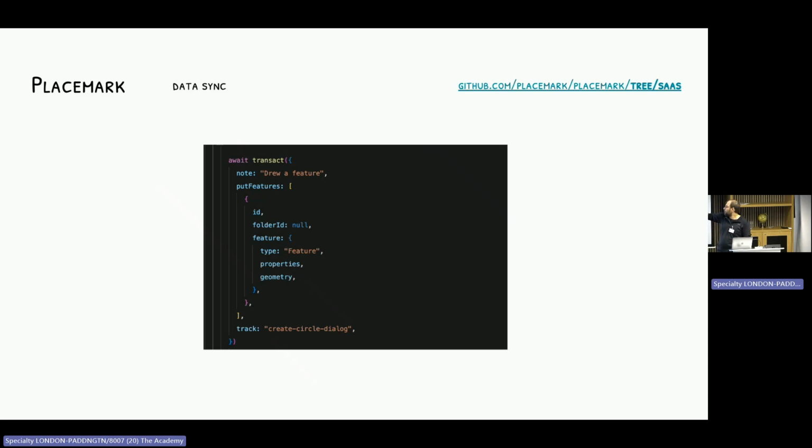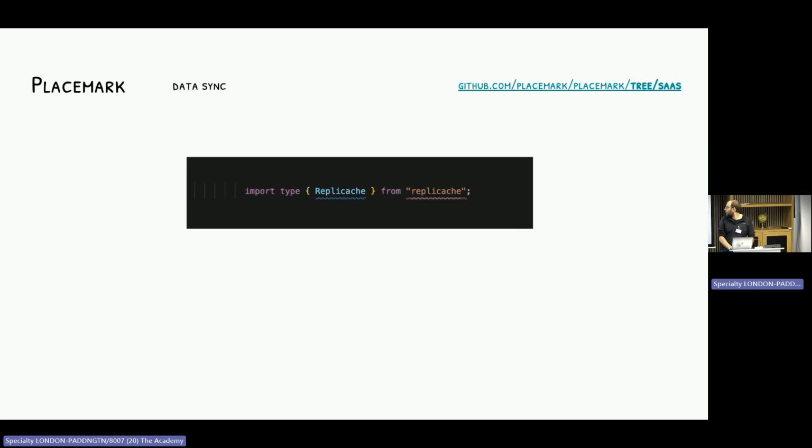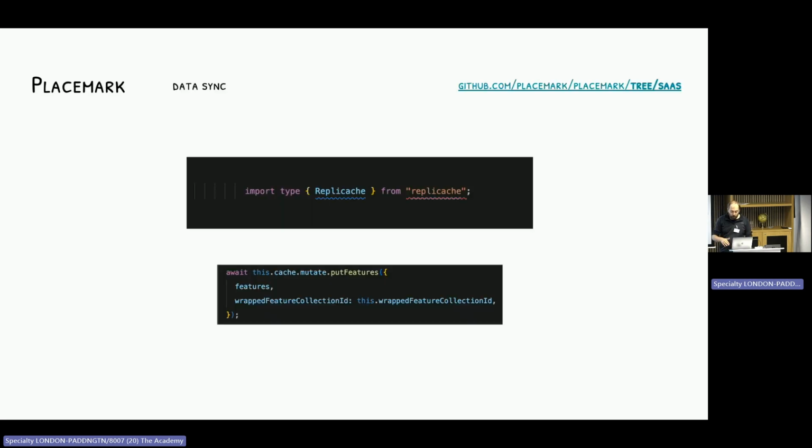So what he's using for the data sync, there's this abstraction transact. So if you want to create a new feature, you need to start a transaction and commit it to some kind of data store. And he was actually using a third-party tool, Replicache, which is specifically made for